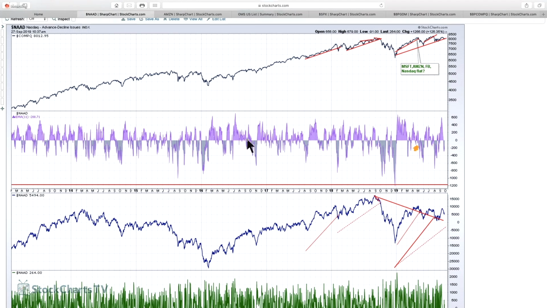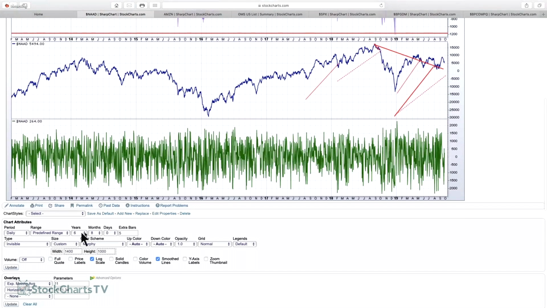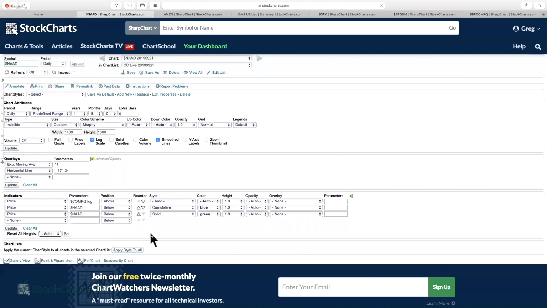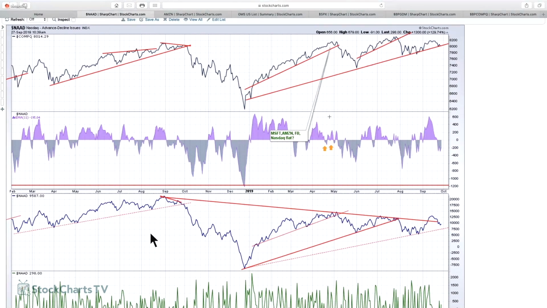So that's the interesting position we're in here: the brief surge we had gave it all back. Now we're sitting on a trend line on the NASDAQ, and I'm just going to revert back to the original setting. I think it was 1 year, was it 2 year? So one of the problems we've got here is we're right on this trend line for the NASDAQ, and we're trying to hold it. And today's obviously important. It's month end, quarter end. So we're going to have a weekly close, monthly close on Monday. And with all of this data coming out as we approach the end of the month, do we have the strength?